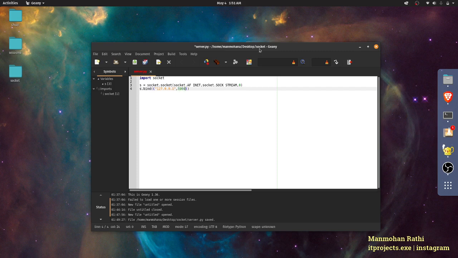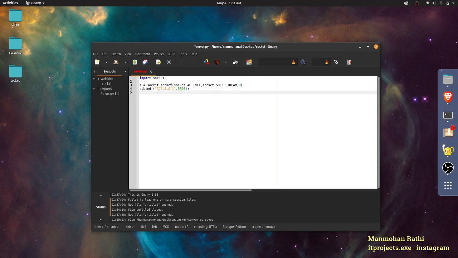This line binds the socket to this IP address and this port. This is the port number.